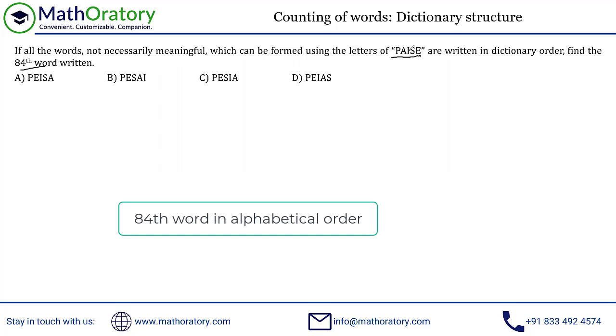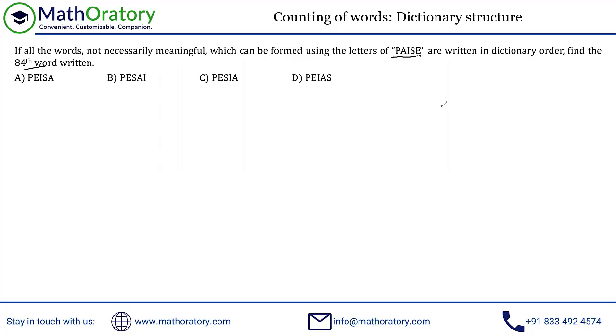Now, in these cases, just keep a logical viewpoint. If you are not getting this mentally, then do write the letters in ascending order once, just for your reference. If you are not able to do that mentally itself, my recommendation is always write it. I myself do it just to avoid silly mistakes. So just write all the letters that are in our concern in alphabetical order, and then carry on with the analysis. So first thing, we are looking for the starting letter.